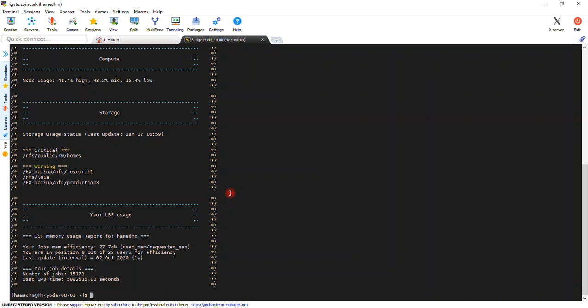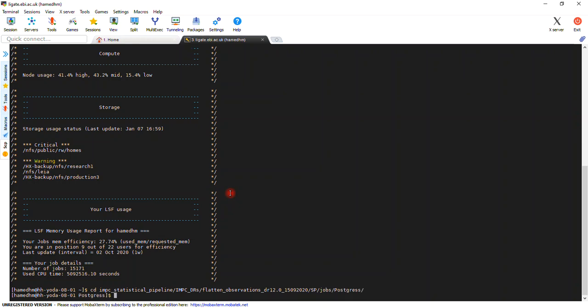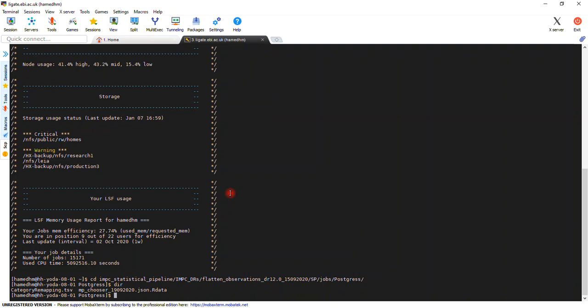So the first step is to direct to the IMPC annotation directory, which is different for any data release, but it's normally in this place. So it's in the IMPC stats pipeline, IMPC directory, IMPC annotation directory 12, SP, and jobs, and Postgres. If I cd into this directory, you see some of the files that are on the